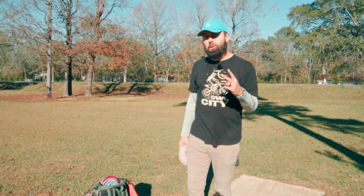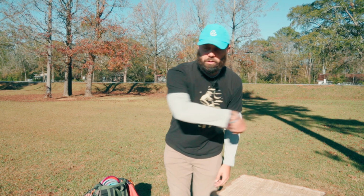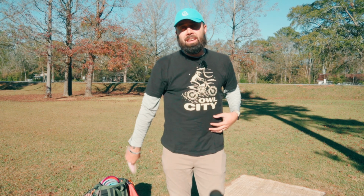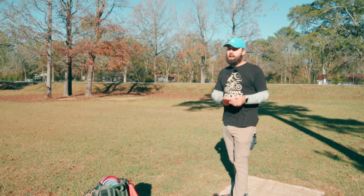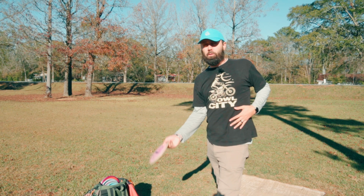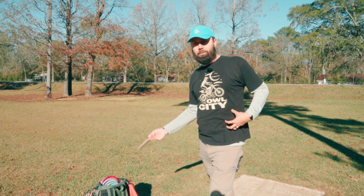And 2, it puts a ton of strain on the oblique of the opposite side of wherever you're throwing the forehand. I've had 2 injuries in disc golf, and one of them came from over curling the wrist, trying to create power this way, which caused strain in the tendons in my elbow. And the other was in my first year of playing competitive tournaments, and I was a forehand dominant player, and I was coming through and I was firing this way. I was getting 450-foot forehands,